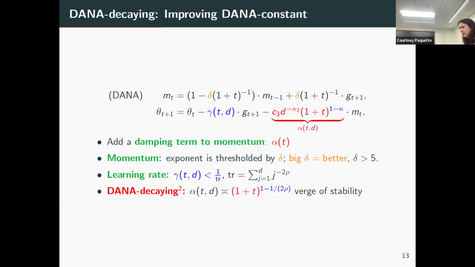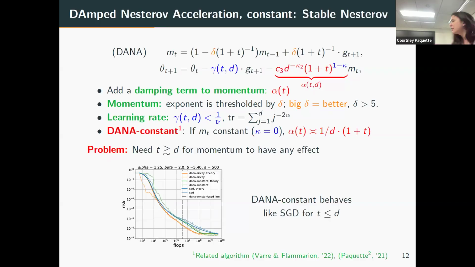But of course the issue is that it has this weird effect, which is that for t less than d, you just don't do anything, which by the way is a problem. This is actually a big problem when you do compute optimality, because you run your iterations t on the order of d. So you would never see any acceleration from this type of algorithm. So it's an important fact that you would not see this if you were to run Chinchilla scaling. All right, am I going too fast, everyone? Okay.